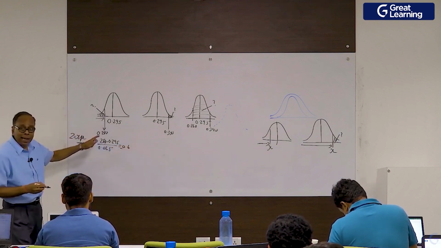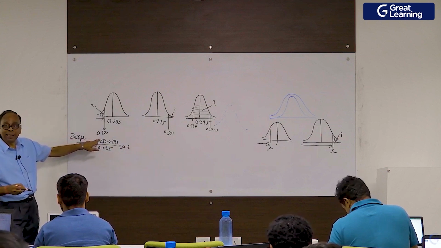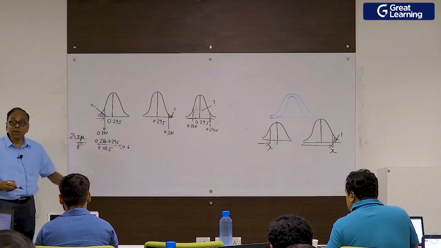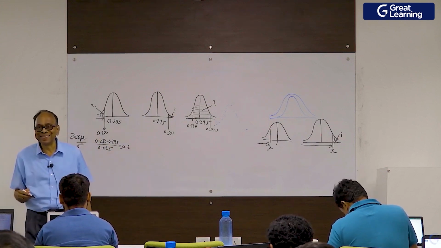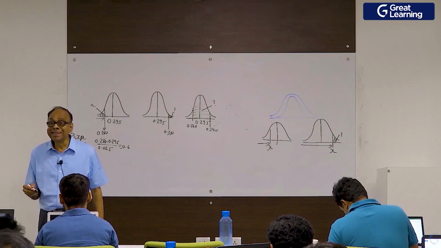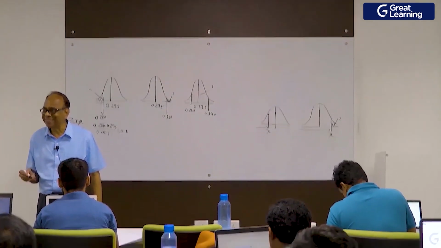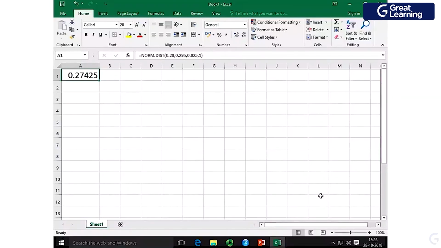So the area less than 0.28 is minus 0.6 units of Z. So in Z less than minus 0.6. Area X less than 0.28 is same as area Z less than minus 0.6. Now